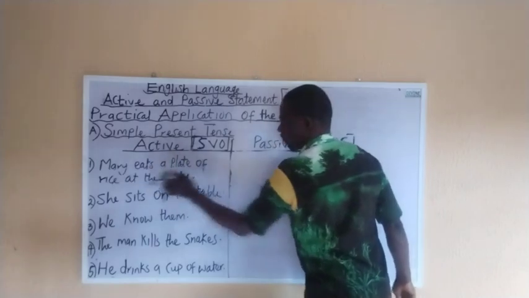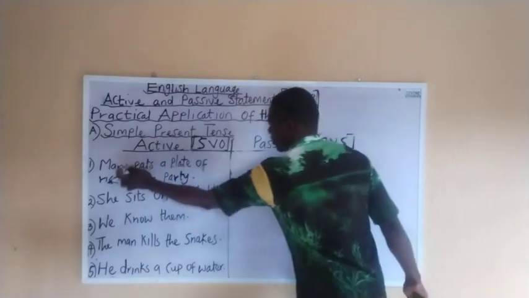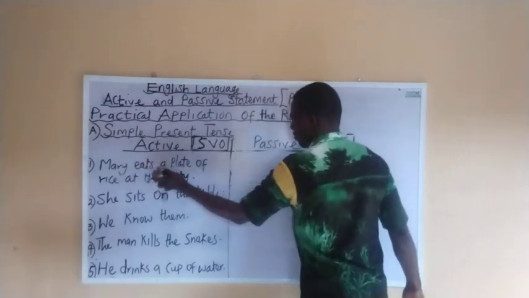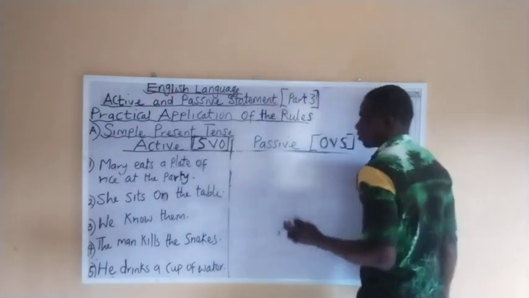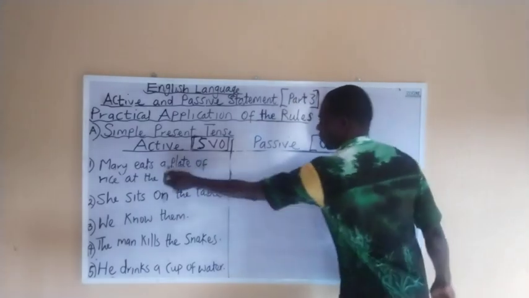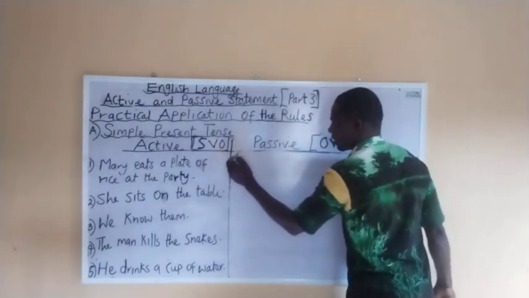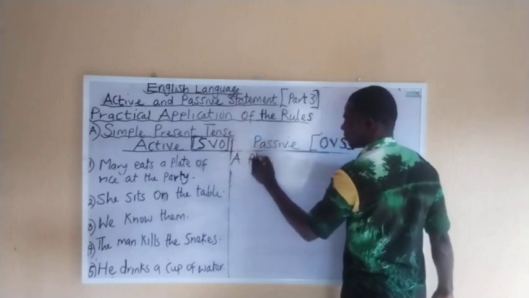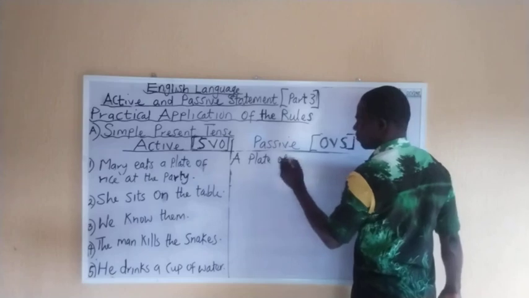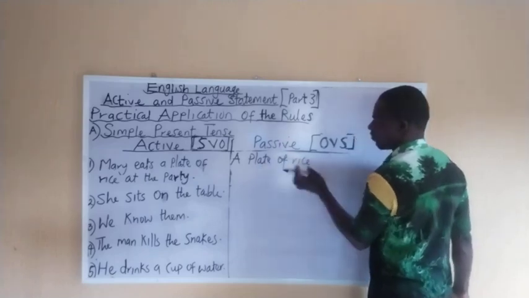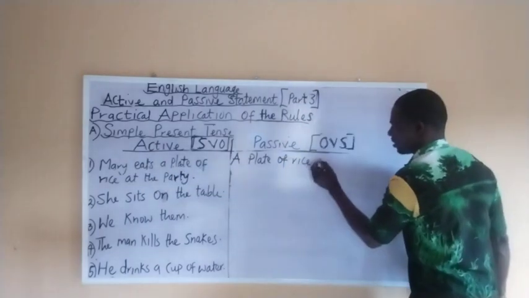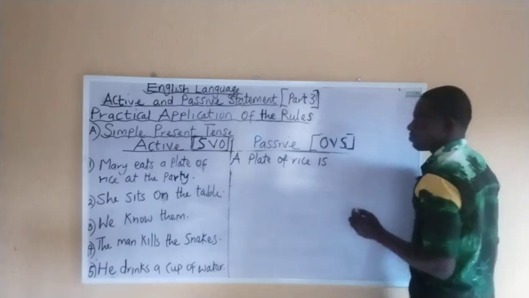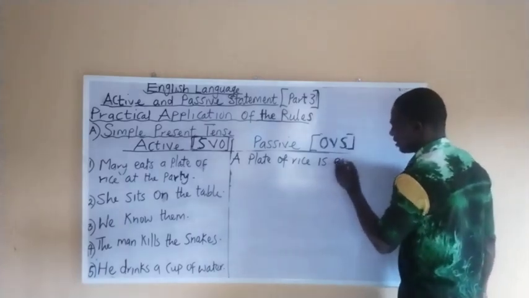Mary eats a plate of rice at the party. Mary is the subject, eat is the verb, a plate of rice is the object, at the what? At the party. So let's start with what? With a plate of rice, which is the object. A plate of rice is singular. So we have to maintain the verb by using what? Is. So a plate of rice is eaten